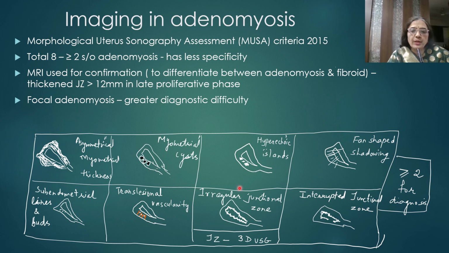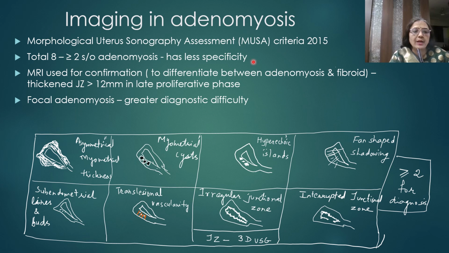Presence of multiple criteria increases the diagnostic accuracy, but the presence of only 1 or 2 criteria is not associated with a definitive diagnosis of adenomyosis. In that sense, it has less specificity. It has been said that in around 60 to 80% of cases there is a correct diagnosis by using